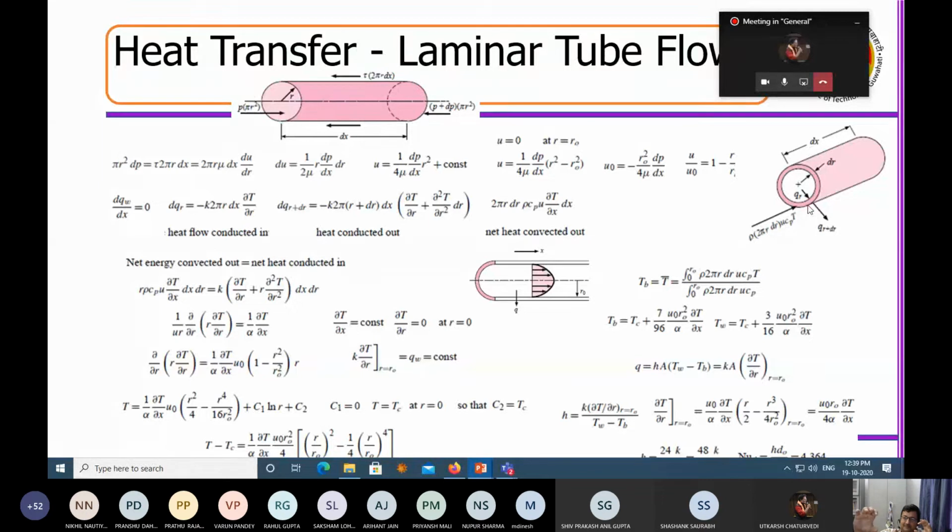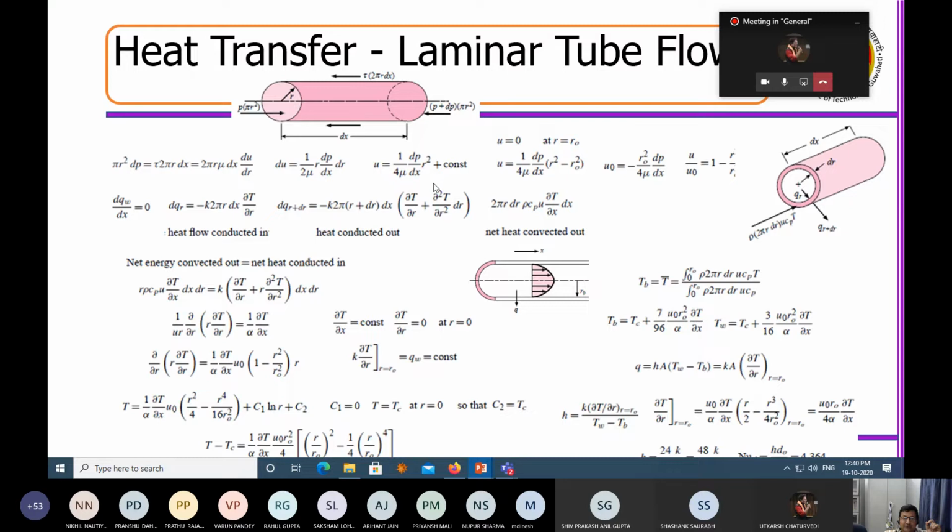It's a shell. So 2πr into dx... this is the stress, this is the area, this is the force. This is the force because of friction, and this is the force because of pressure. So if you equate these two, and then replace tau with Newton's law of viscosity, you obtain a balance equation, a differential equation, for a pressure-driven flow undergoing friction.